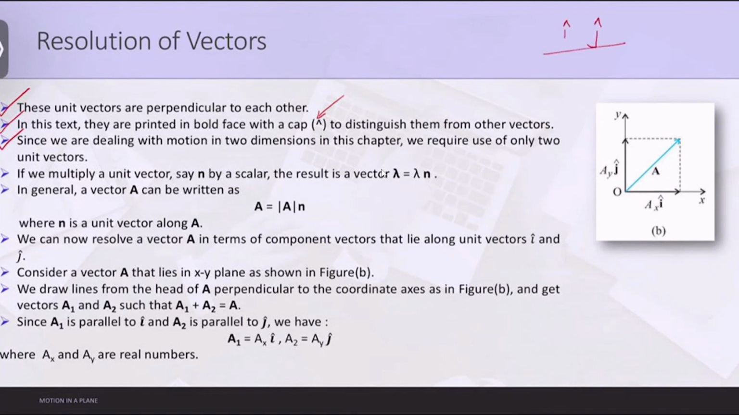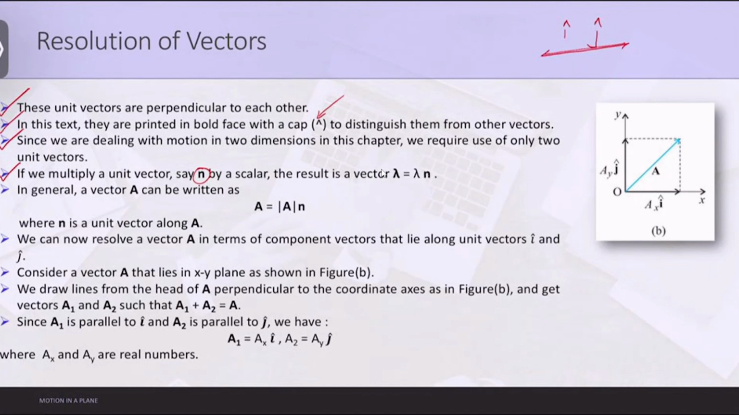So there is very little or no requirement of anything generally in motion or state motion in a plane. In this chapter, we will majorly require only i cap and j cap. Now these are just the properties of unit vectors. If we multiply a unit vector, say n cap, by a scalar,